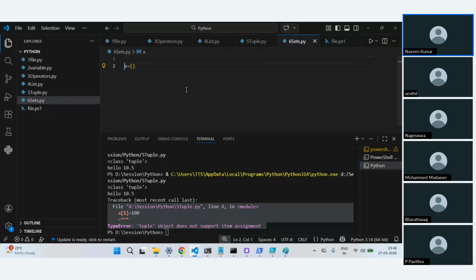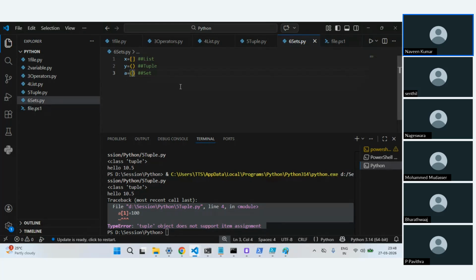Before even doing this, I'll put it here so that it will be easy for you to check. This is a list, and this is a tuple, this one is a set. So if you see, the brackets are the one which gets changed. Square bracket, you use this, this is a list, and if you use this bracket, it's going to be a tuple, and this one is a set.